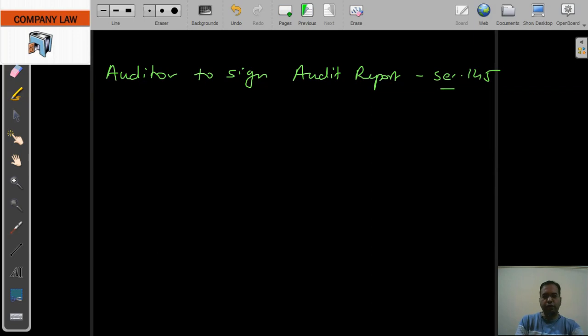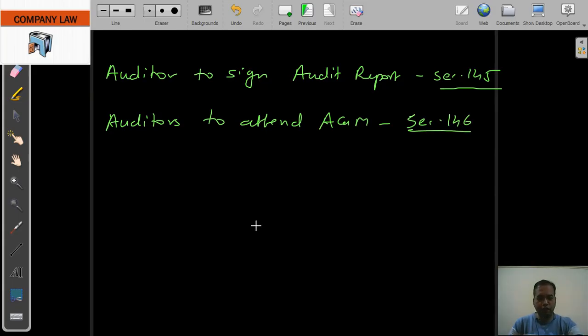Then there are certain provisions which I am just mentioning over here. Auditors to attend AGM. So the auditor can attend the AGM. He is allowed to attend the AGM. So all notices and communication should be given to him to attend the AGM. The auditor shall, unless otherwise exempted, attend either himself or through his legal representative. He shall be heard. He has a right to speak during the meeting whenever a question is raised for the audit purpose of financial statements.